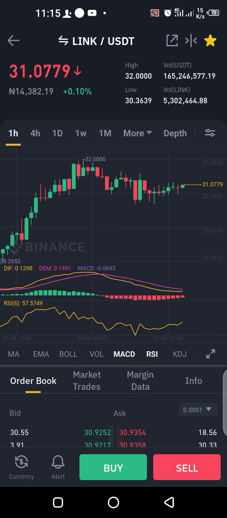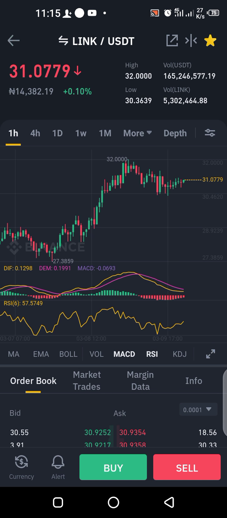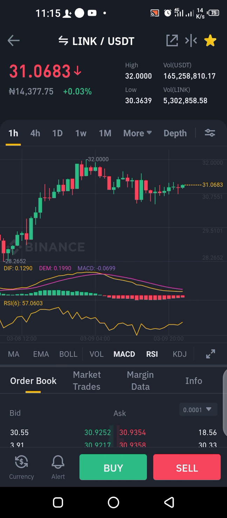Now when you switch to hourly charts and then at the support levels, at the resistance level, you look at the patterns of the candlesticks. Bearish candle pattern at the support level is stronger than bearish candle pattern at the resistance level. Bearish candle pattern at the resistance level is stronger than bearish candle pattern at the support level. When you know the resistance and support level